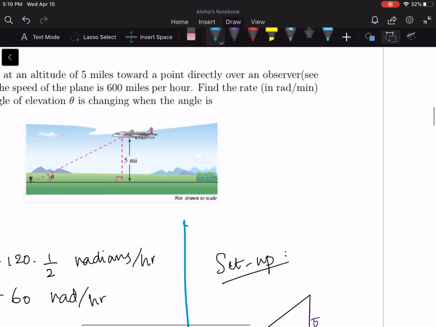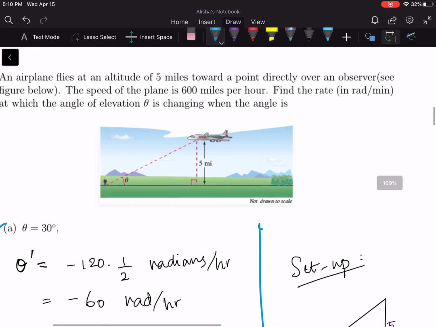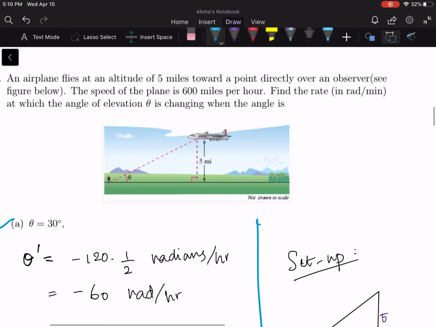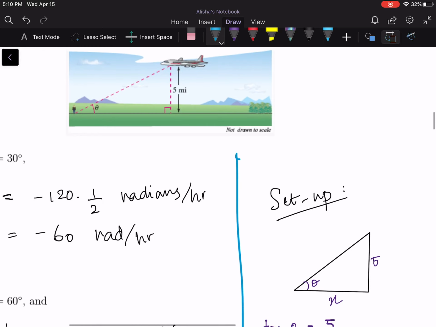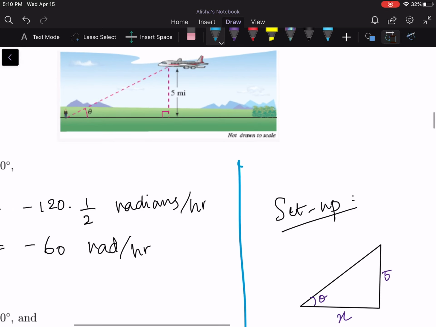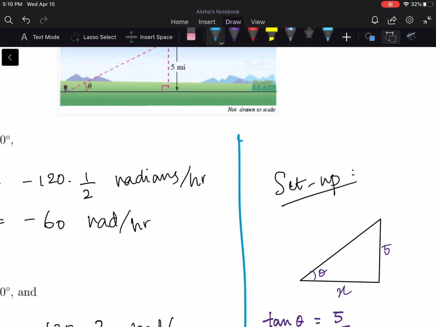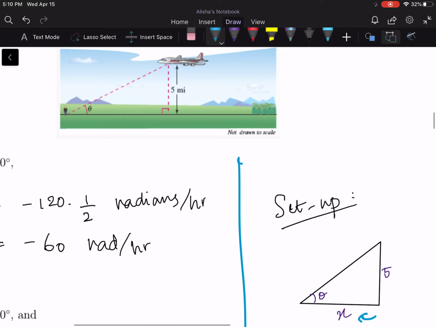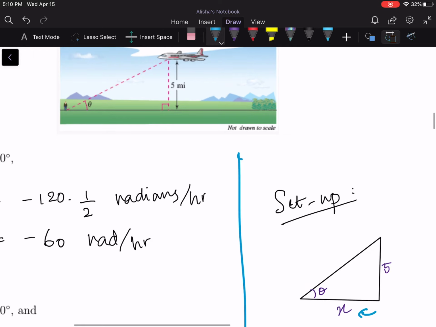And we're going to spend a considerable amount of time on that, and then I'm going to leave it up to you to actually use the setup to answer parts A, B, and C. So yeah, let's get into the setup right now. And I've drawn a triangle representing what's in the picture there. So the opposite side has length 5, like 5 miles, and the angle is theta as given. And I've just gone ahead and named that side that measures the horizontal distance between the person and the plane